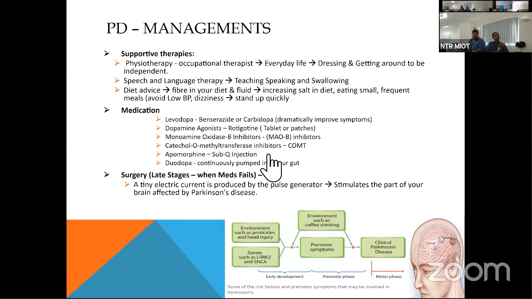Sub-Q injections are used. And in our experience, some patients had the sub-Q injections. Then they go back to levodopa and dopamine agonist combinations to control the late stage of their 70s and 80s. The MAO inhibitors, catecholamines, COMT inhibitors and these ones have a lot more side effects. There are new treatments available, but there's something to say that in the 80s, the New York Times published